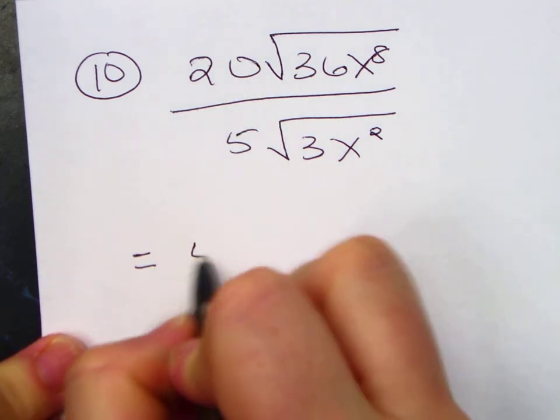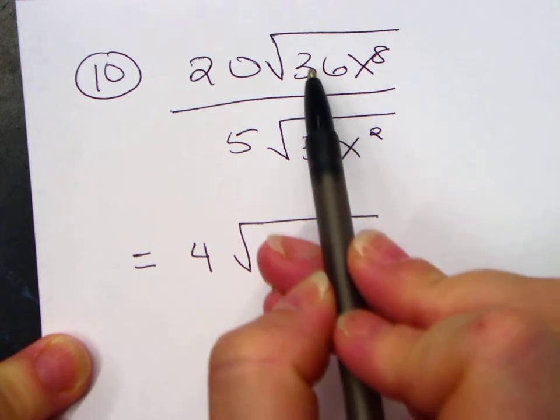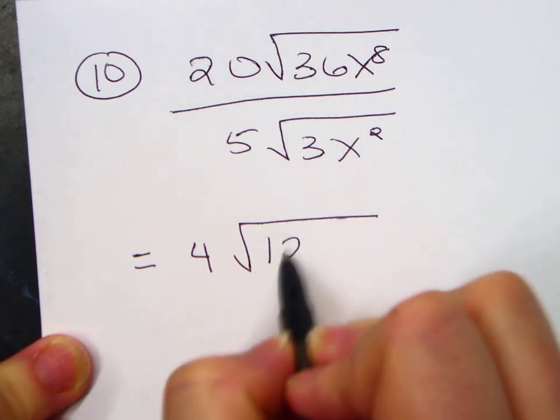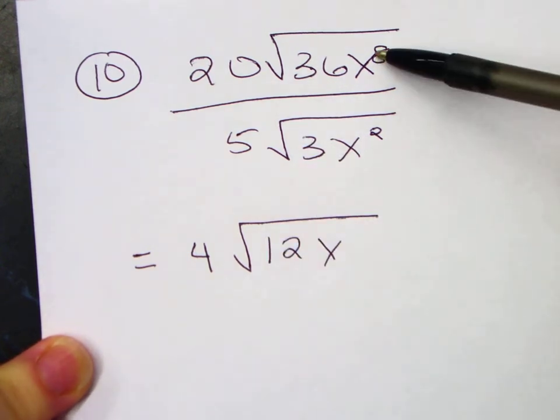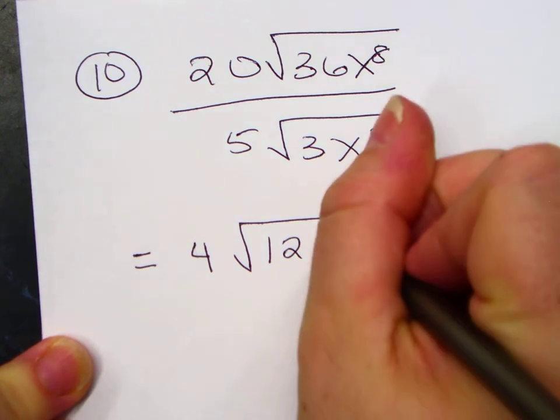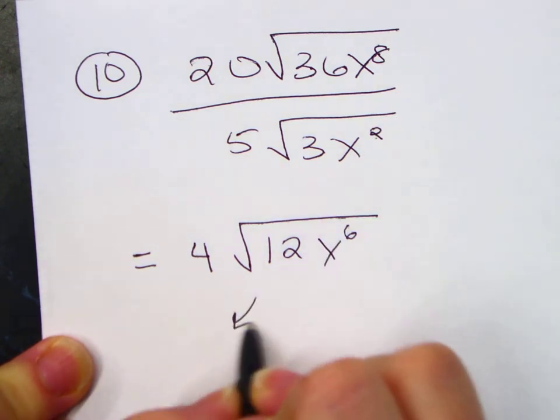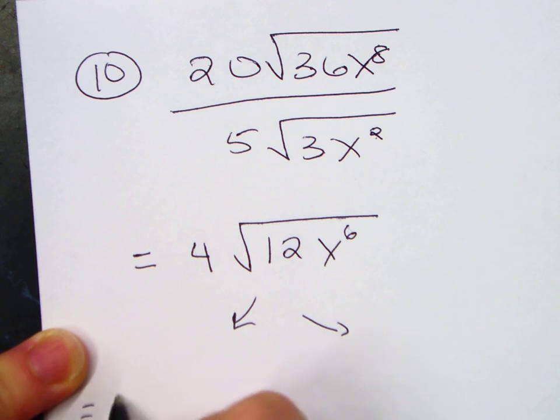20 over 5 is 4. 36 divided by 3 is 12. When you divide, you subtract your exponents. x to the 6th. Break it into 2. I'm going to do 4 radical